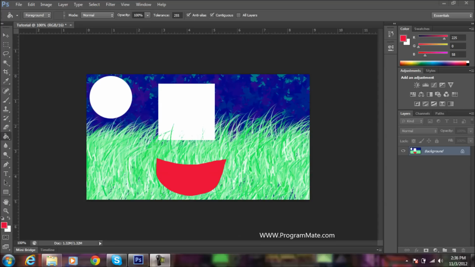Now you may see tolerance up here, and it's only a number, but what tolerance is in Photoshop is not just the paint bucket tool, it's more complicated than that. So there are more shades of a color. Let's say you have an image, like this image we have here right in front of us. Let's say I want to select blue. Now there are tons of shades of blue, and the leaves in the background and the grass in the foreground,